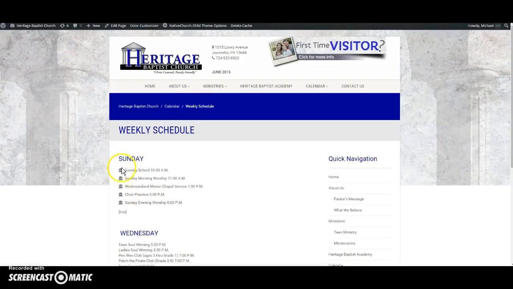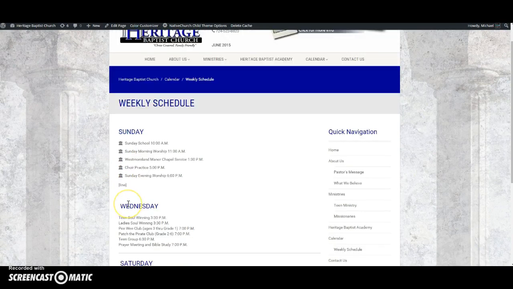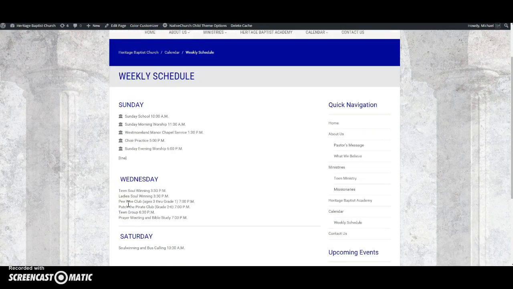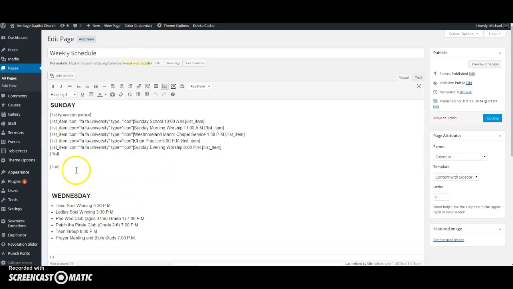Okay, so those came out good. You can change the bullets if you want. You can go back in there and choose another bullet, but those are the bullets that I had on the other page. That shortcode didn't work for the line, so we can go ahead and go back to edit page, and we'll just take that shortcode out of there, and we'll just use